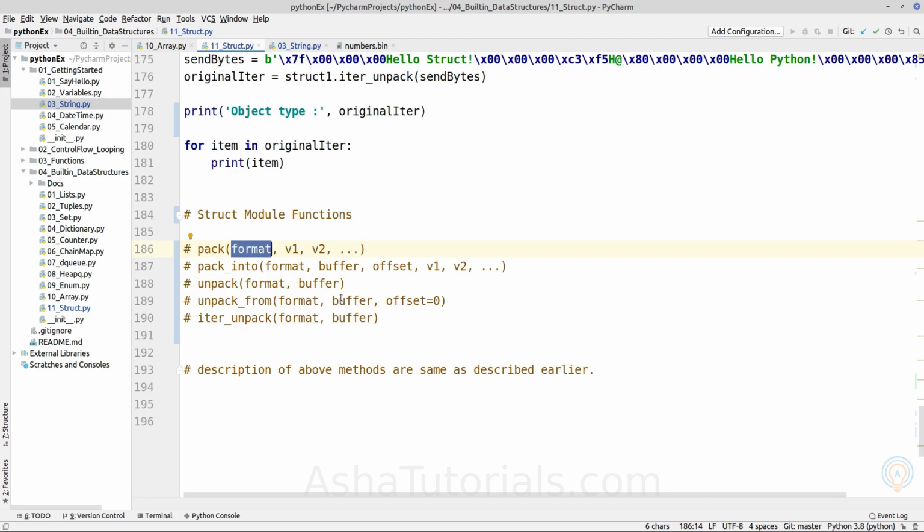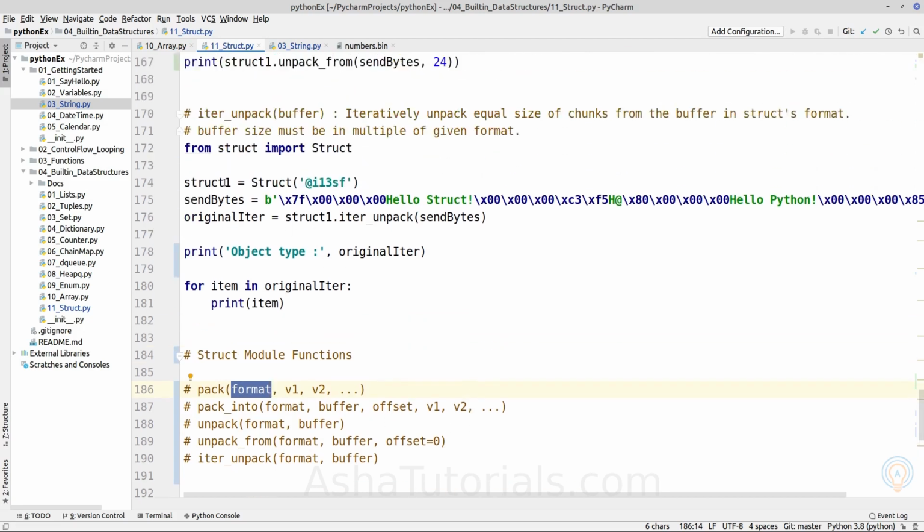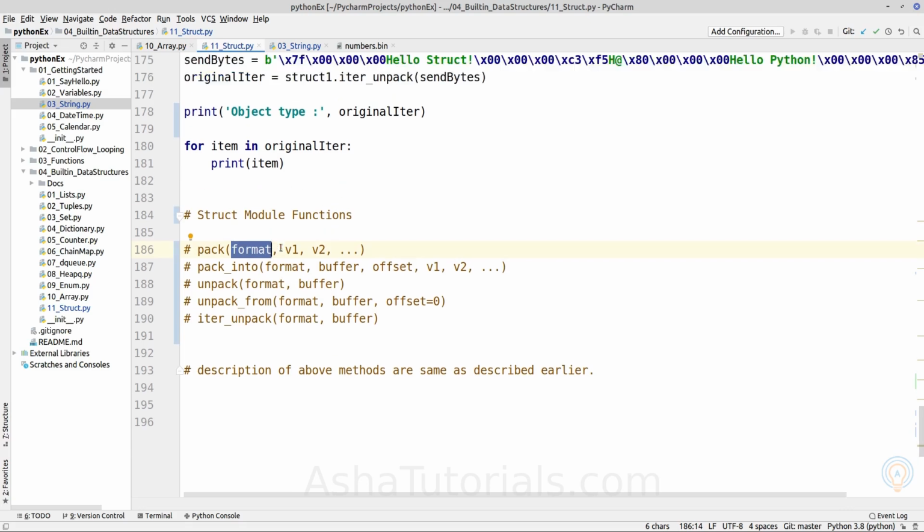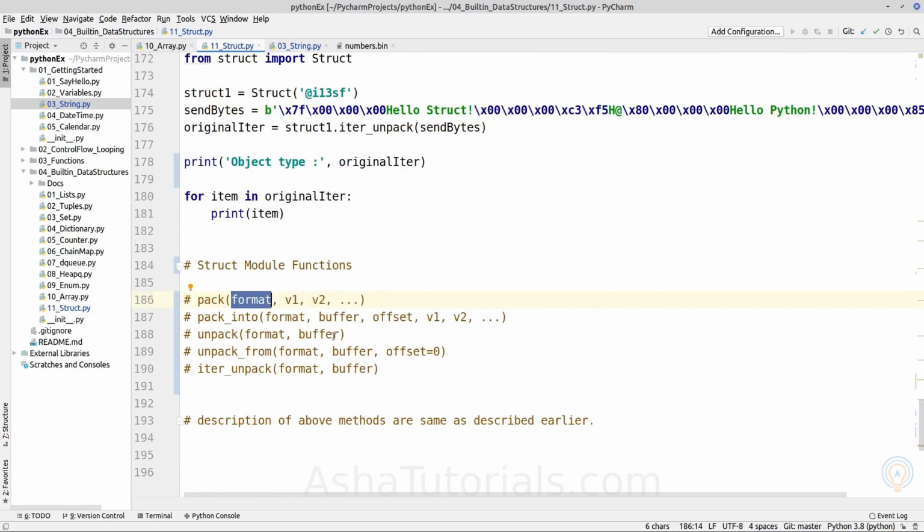Earlier we were first constructing a struct object and executing the function on the struct object. Without constructing a struct object, we can directly use the struct module functions, in which we need to pass the format each time we execute any function. Their meaning and return type remain the same, but we can use them without constructing a struct object. So that brings us to the end of the video.